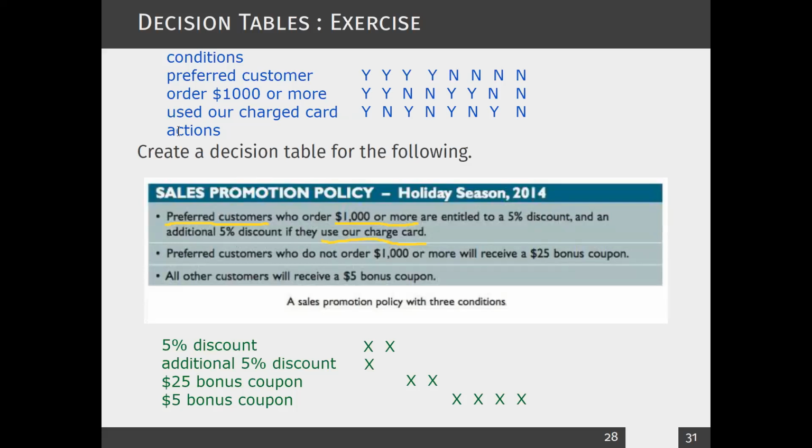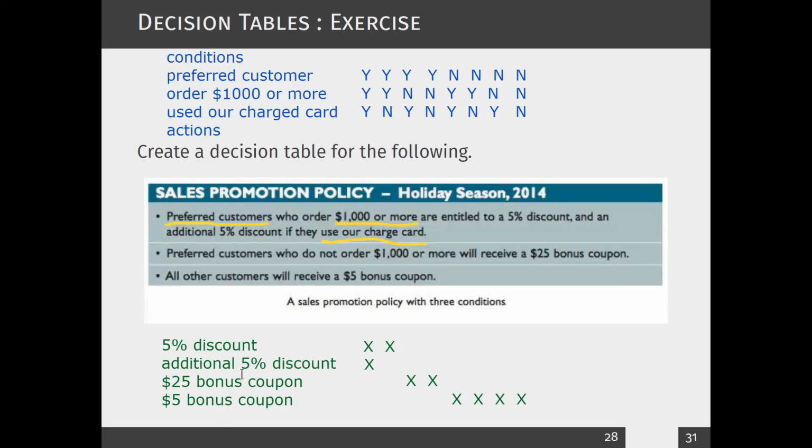Then you have to identify the actions. When you go through the action items, you see that they are giving a 5% discount, an additional 5% discount, a $25 bonus, and a $5 bonus. So these are the 4